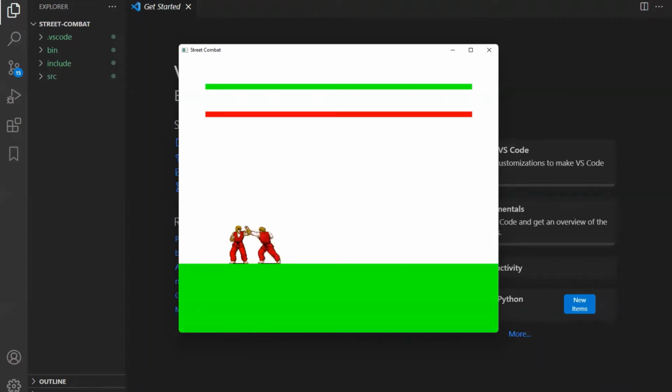Okay, so now let's see this in action. Let's start attacking the enemy and see how he behaves.